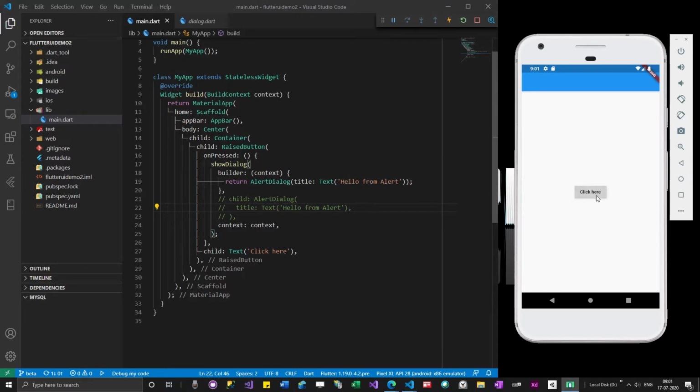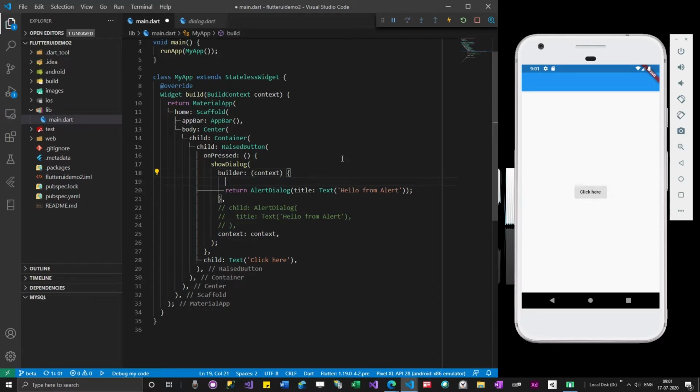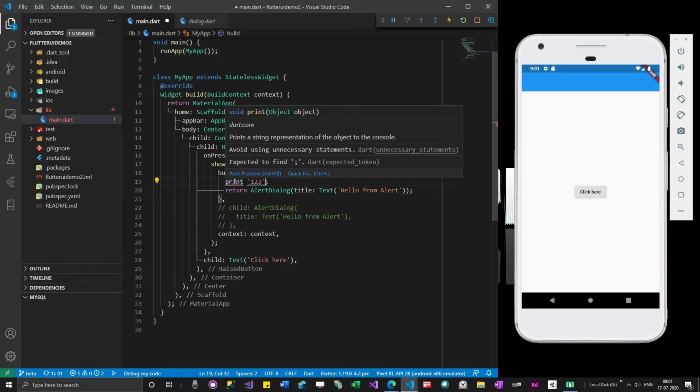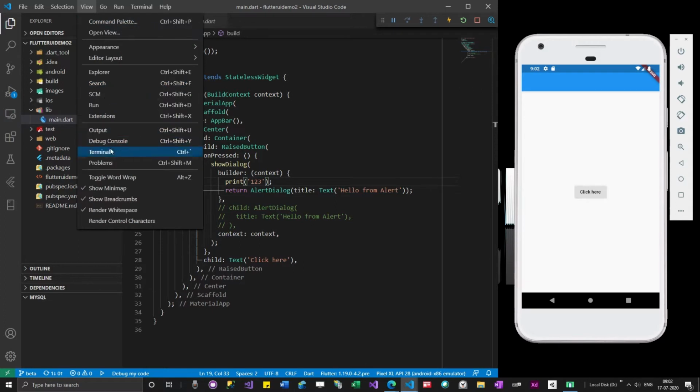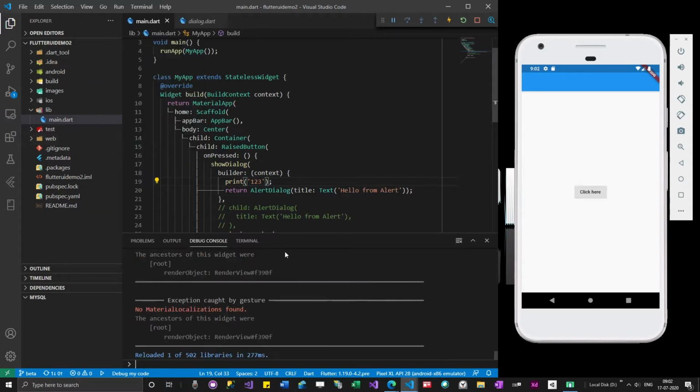Even now when the button is clicked, nothing is working. So in order to debug this, I will just write print 1 2 3. Then I will open the debug console.